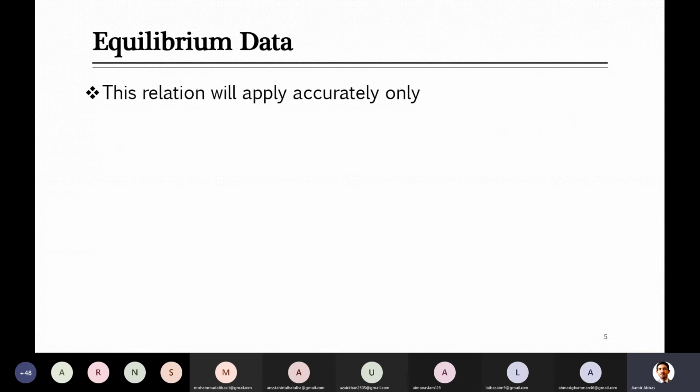So this relationship, which we are calling the distribution constant K, is just the ratio of the concentration of solute in the two phases, extract and raffinate. When we apply this relationship for calculation, it will apply only under some of the conditions mentioned here: if both solvents are immiscible. What does this mean? What do two solvents mean here? Does anyone know?